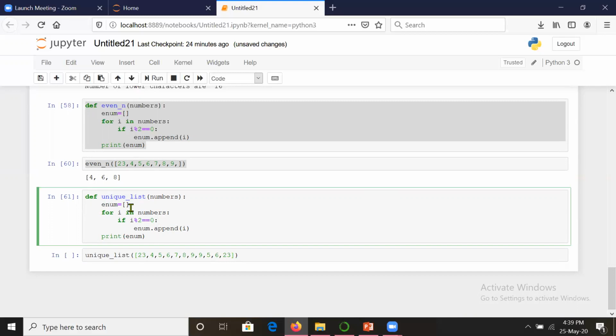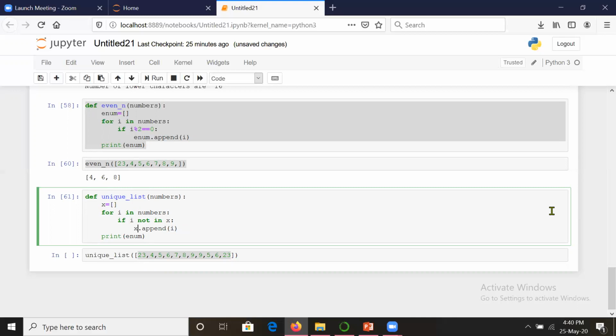So what I will be doing is, we will take x, an empty list x. We will be checking in the numbers, because all those numbers came into the numbers list, right? And suppose x is an empty list, we will add that number to x only if it is not available in x. So if i not in x, then and only then append. Okay, so it will append to x.